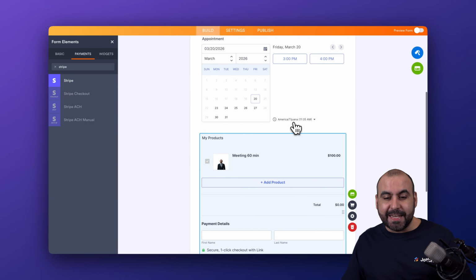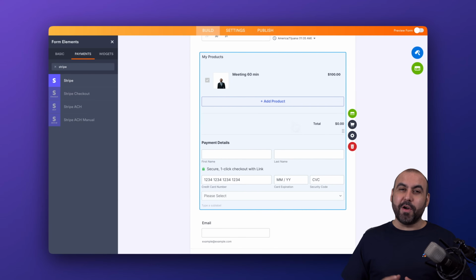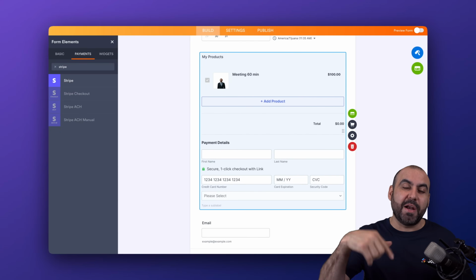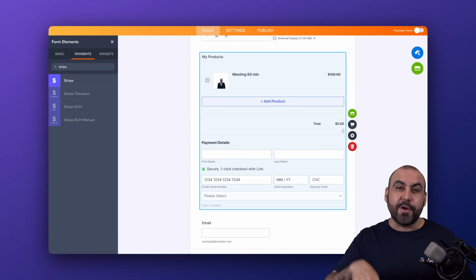So that's how easy it is to receive payments instantly for appointments with the Stripe integration here in Jotform. So what are you waiting for? Sign up right now for Jotform, build your form, create your appointment system, and take on payments with Stripe instantly